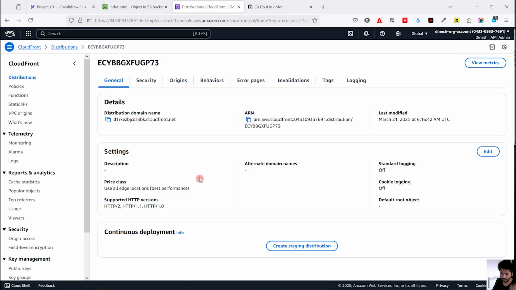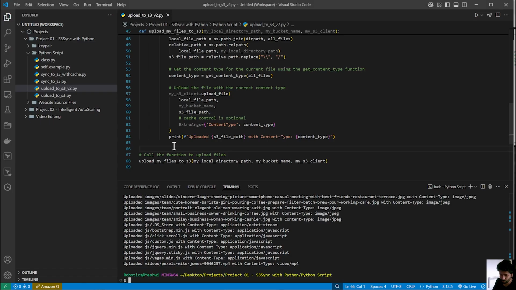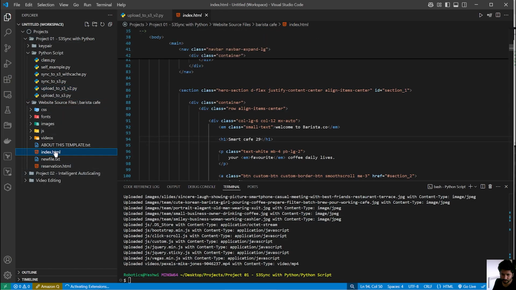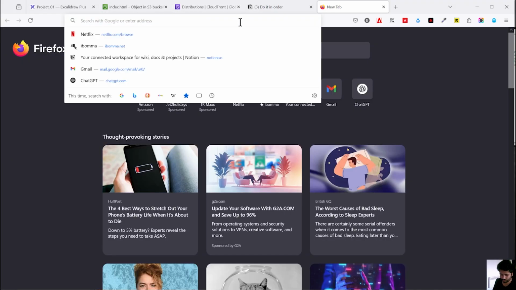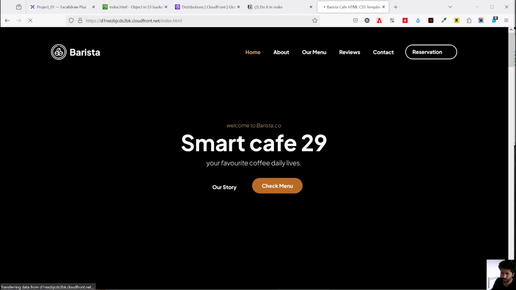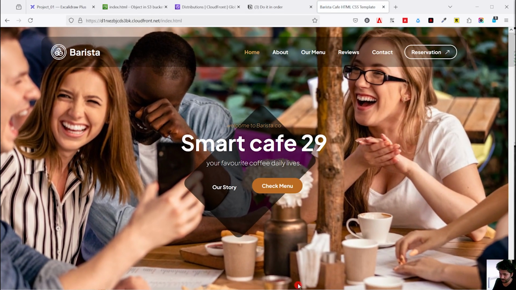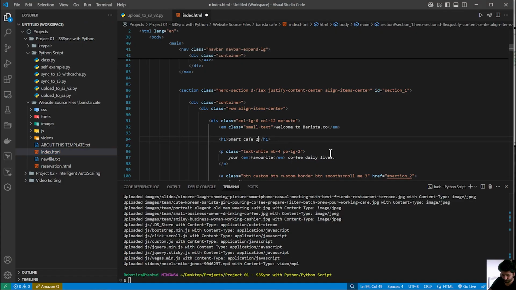It is the same here, but when you do some changes, let's say in the website source files, we have smartcave 29, right? SmartCave 29 we have. If I go and change here, now I want this to be uploaded automatically when I change it. It is not reflected in the S3 and it is not reflected in the CloudFront, right? For that reason,